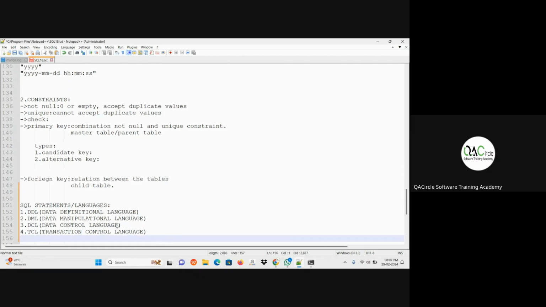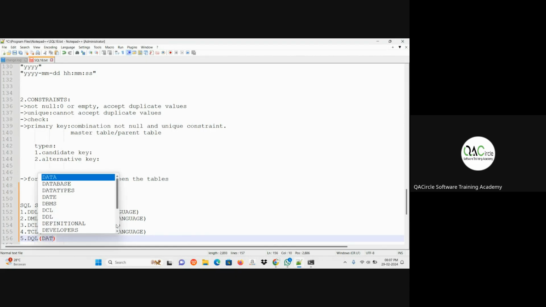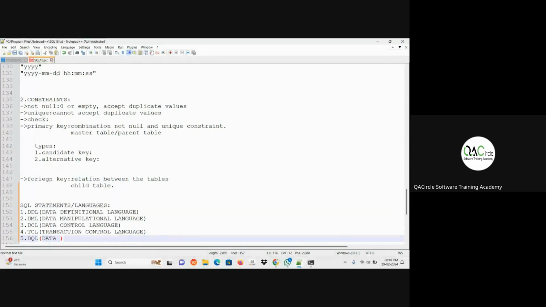And the last one is DQL, data query language.